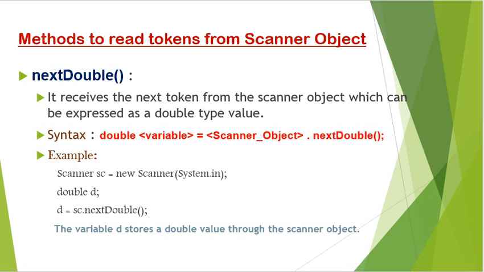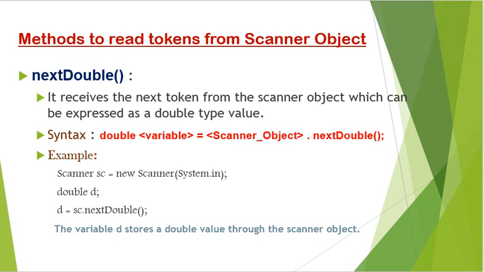We have another function that also deals with real values, that is nextDouble. It accepts real numbers from the user, same as float, but the range is bigger than float. As we know, the double data type has a wider range as compared to the float data type. So it accepts the double value from the user and stores it in a double data type variable. The function is nextDouble, D is in capital letter that we have to write.